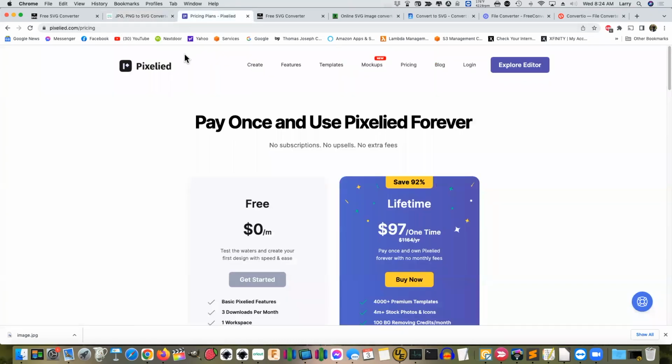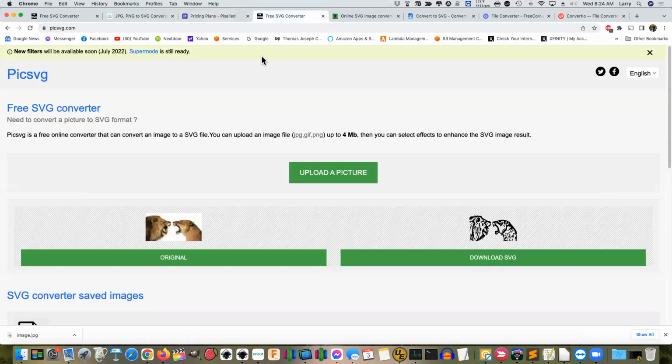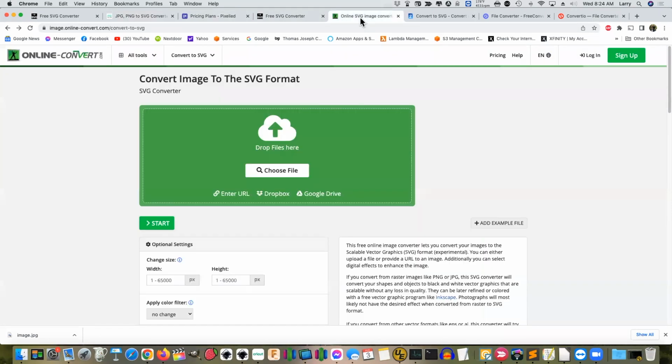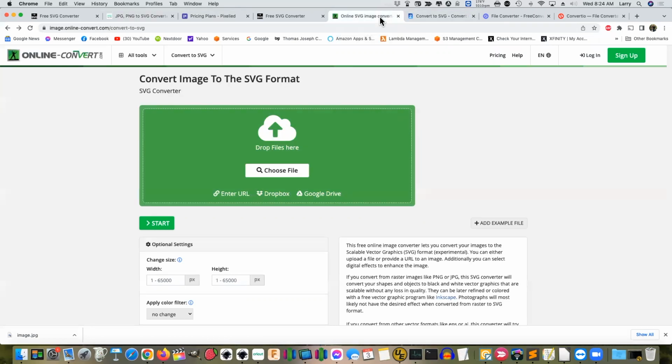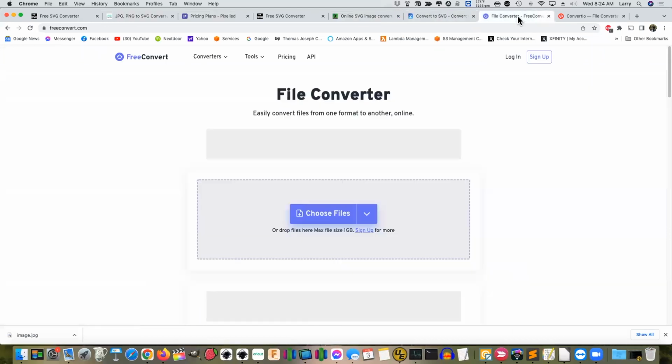And I went to one called Pixeled, and one called PixSVG, and another one called Online Convert, and another one called Image to Go, which looks to be identical to this one here. And then I also went to freeconvert.com